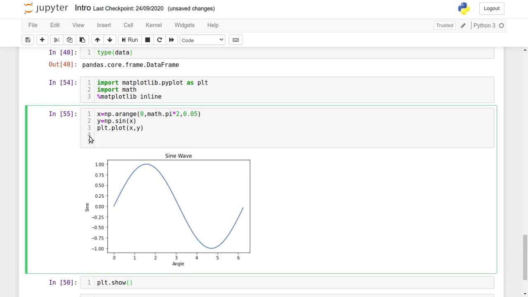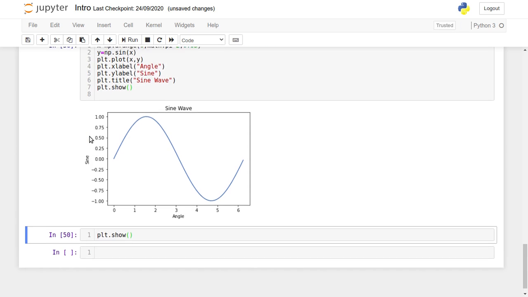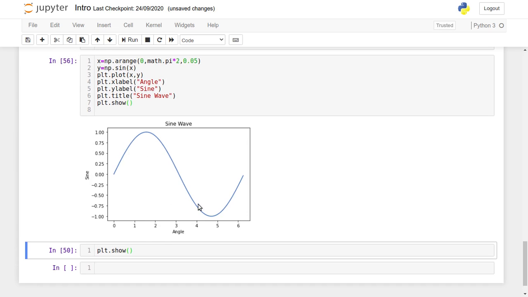Let us put all the things in one place. We will get the curve like this. So this is how we can get the sine wave curve using matplotlib. What we have done is use the xlabel and ylabel functions of plt to add the x and y labels, and the title of the graph is given as sine wave.